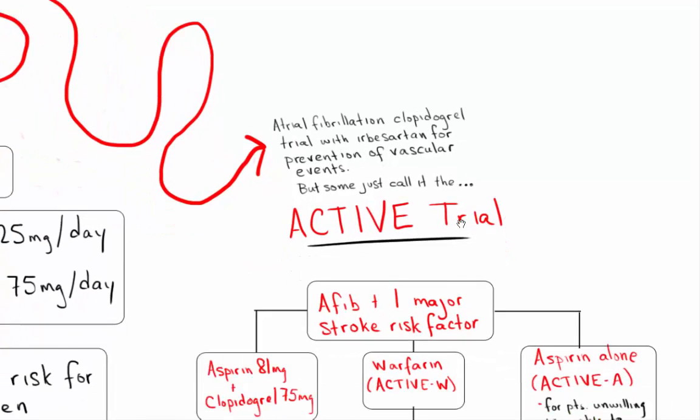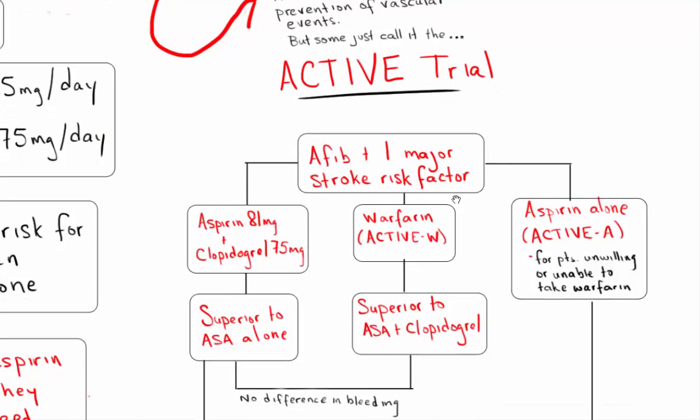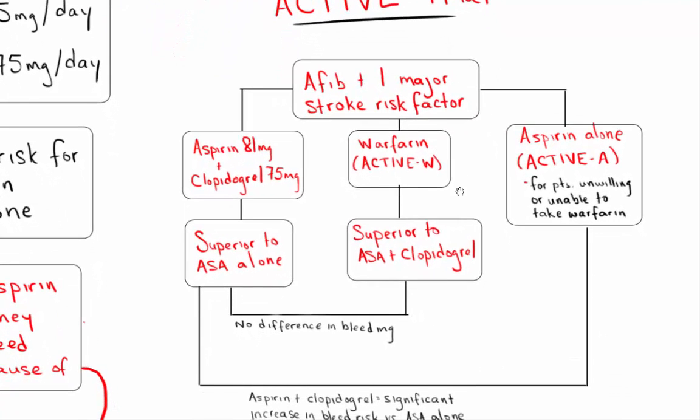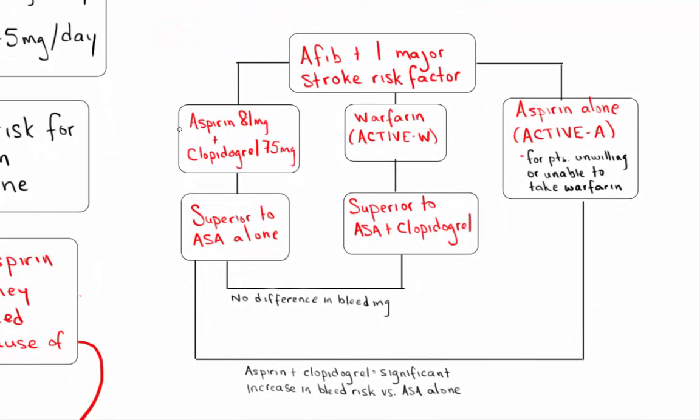So in this trial, patients with Afib with a CHADS2 of 1 were randomized to either receive aspirin 81 milligrams daily plus Clopidogrel 75 milligrams daily, which was the ACTIVE arm, or they would receive Warfarin alone, which is the ACTIVE W arm, or they would receive aspirin alone, which is the ACTIVE A arm. Now this arm is reserved for patients who either weren't a candidate for oral anticoagulation or for those who refused